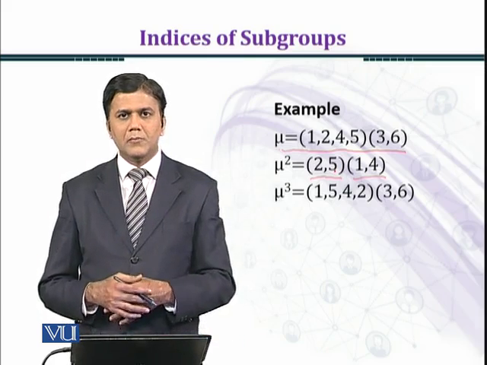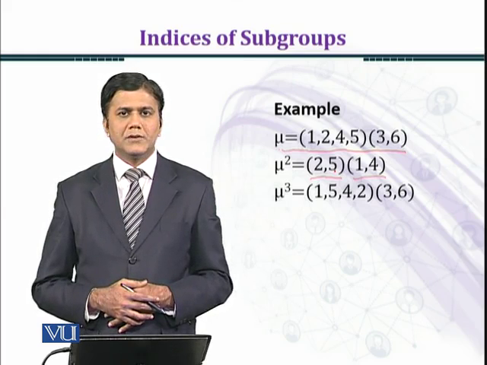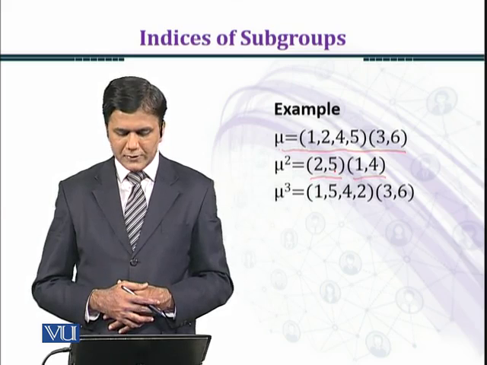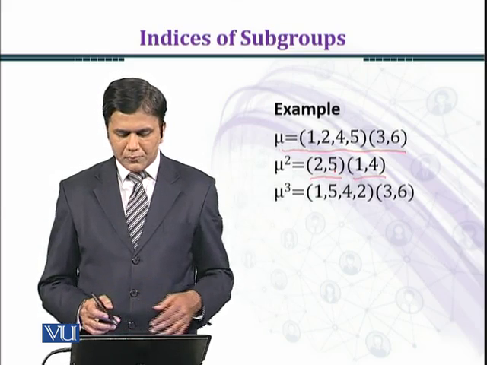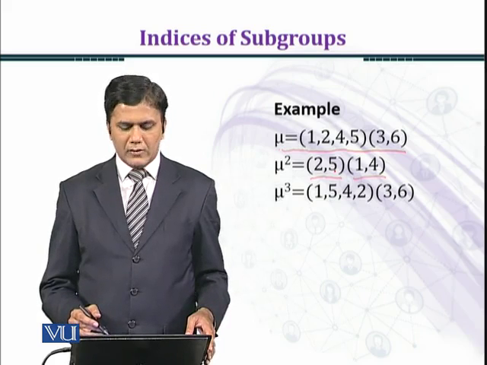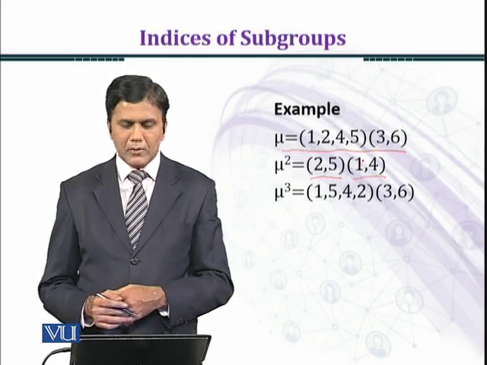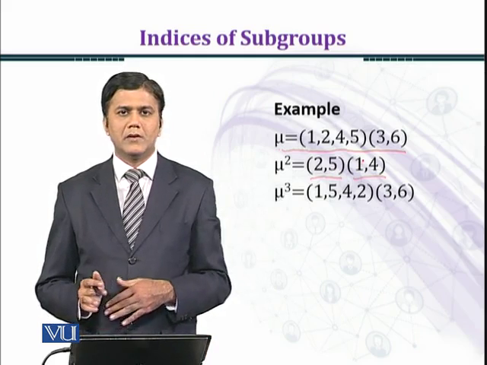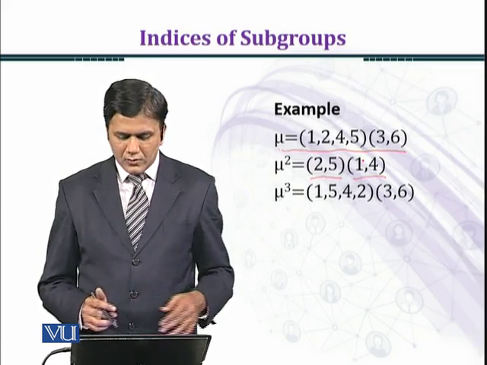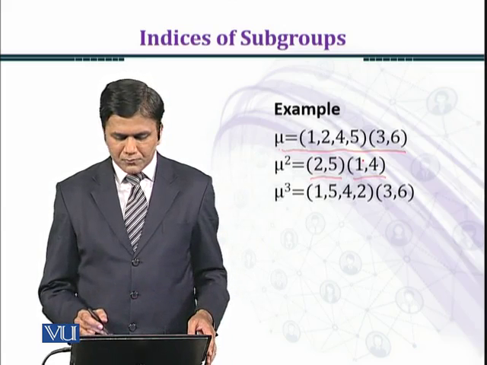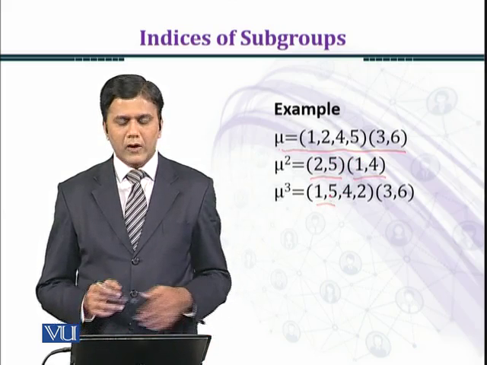इसी तरह से हम mu cube को फाइंड करते हैं. म्यू को म्यू स्क्वायर से मल्टीप्लाई कर दें या म्यू स्क्वायर को म्यू से मल्टीप्लाई कर दें तो हमारे पास म्यू क्यूब आएगा. और जब आप म्यू को पहले एक्ट करते हैं और फिर म्यू स्क्वायर को एक्ट करते हैं, से हम म्यू को म्यू स्क्वायर से मल्टीप्लाई कर रहे हैं, तो इसका मतलब है हमने राइट से लेफ्ट हमारे पास कंपोजिशन है. तो 1 goes to 2 and 2 goes to 5. It means that 1 goes to 5.